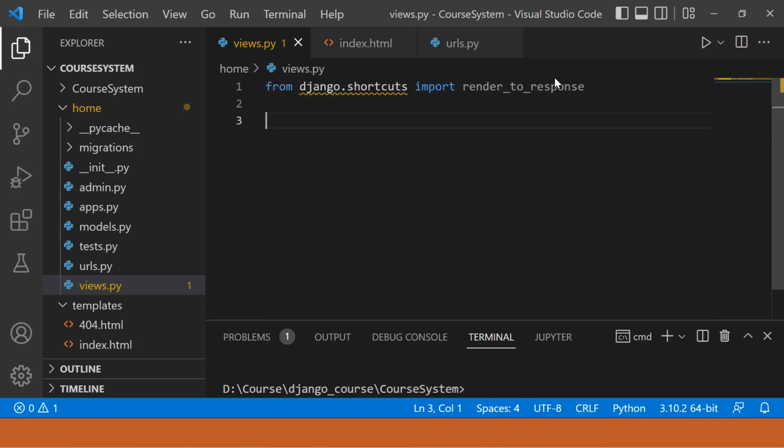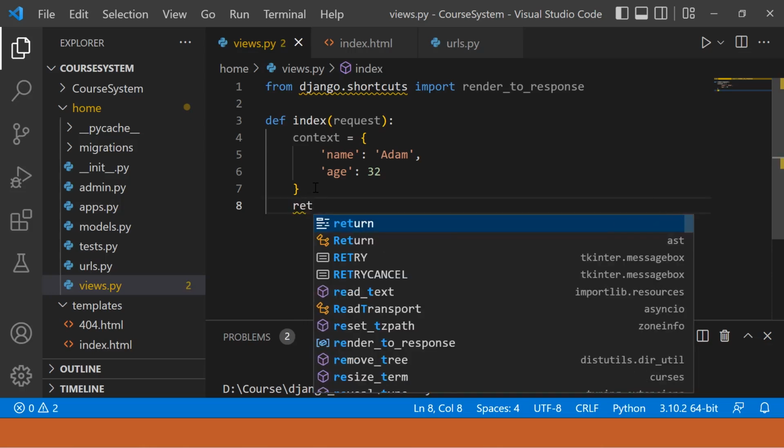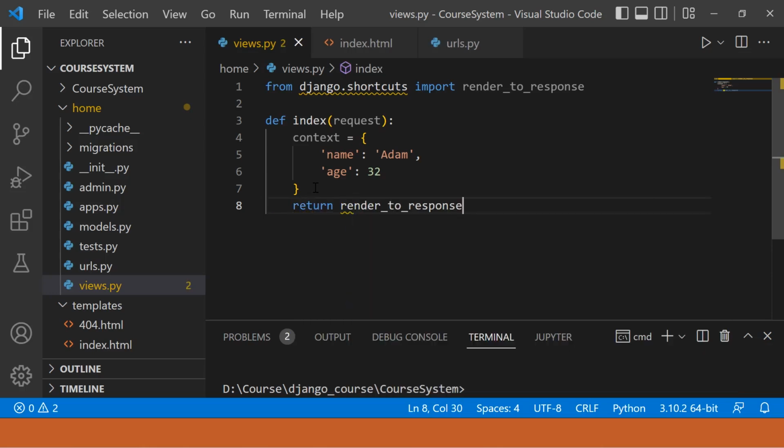And after this, I will create a view here. To create a view, I will create a function with the name index, and I will pass request as a parameter to it. Next, I will define one context. Now here context will be a dictionary. Let me define some set of values in it. Let me define name as Adam, and let me define one more key value pair. So I will define age as 32. And here you can see I have defined two key value pairs in this dictionary, and the name of this dictionary is context. Now in last, I will simply return this render_to_response function,